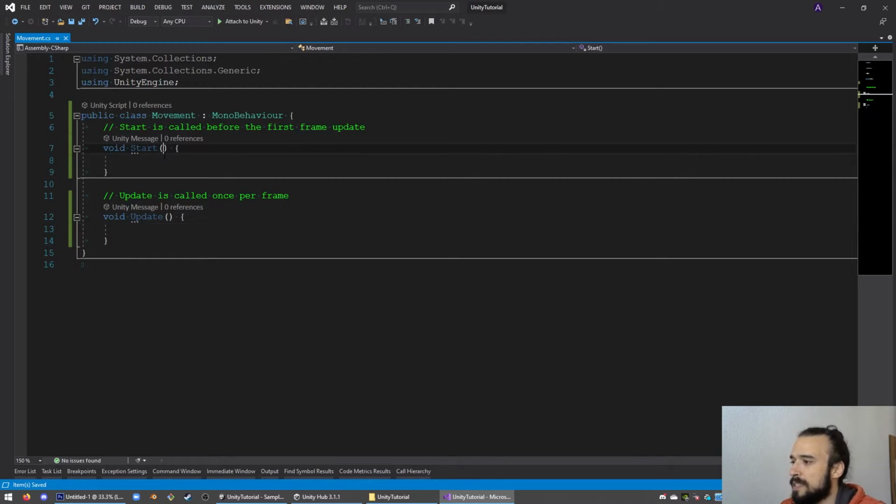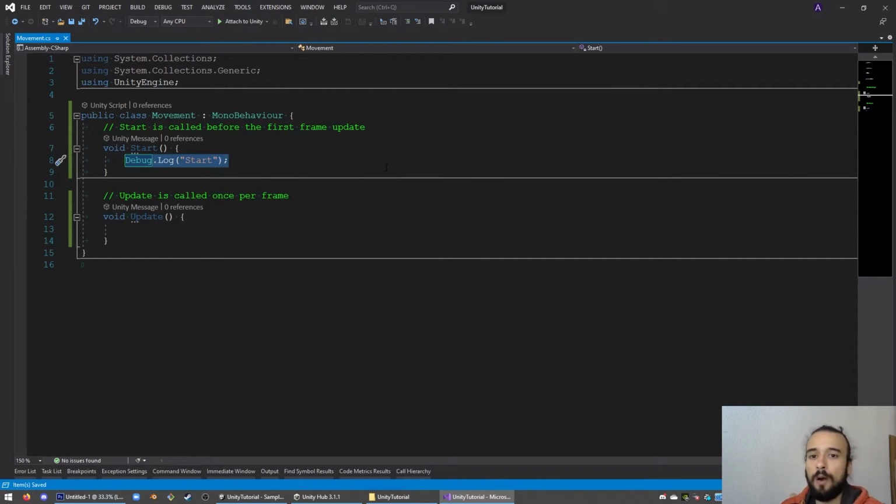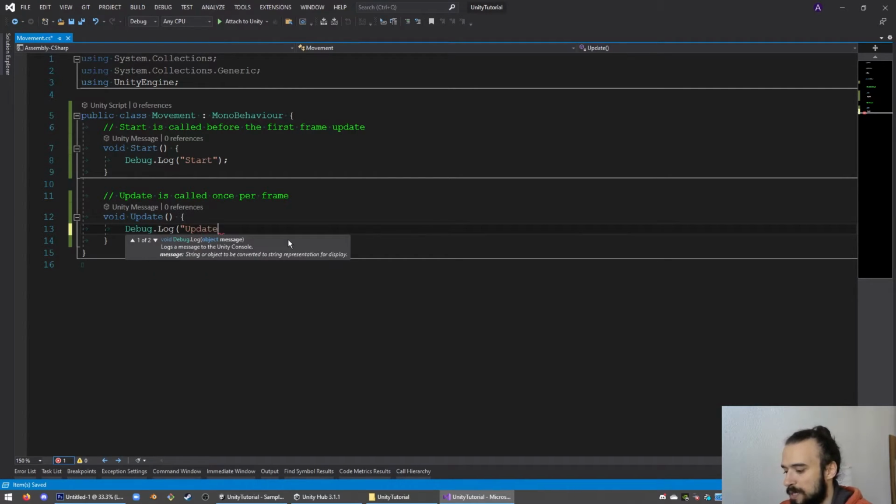So let's go to the start method, and let's just do a very simple thing. Let's write Debug.Log start, and this Debug.Log is basically our basic print function, our Console.WriteLine that we know from the console apps in C#. And this will log this message to the Unity console. We will see what that looks like in a second. And now in the update method, we are going to do the same, Debug.Log update. If I go to Unity now,